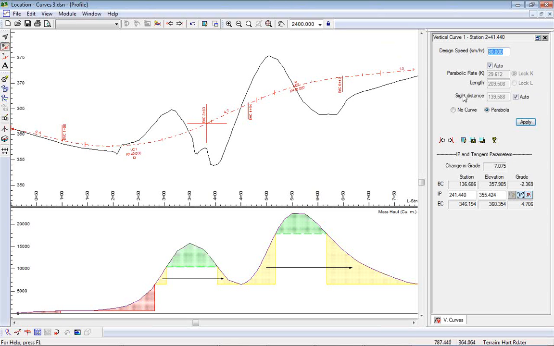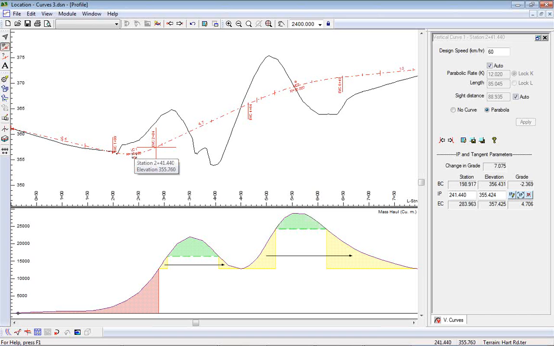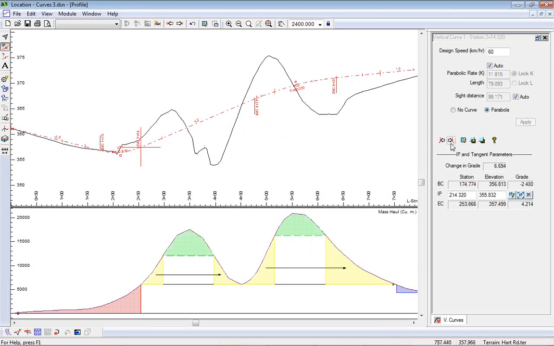I can just set my, say, design speed 80 or design speed 60, and that curve is guaranteed to be drivable at 60 kilometers per hour no matter where I put the IP. If it says I can't put the IP there, it gives me a beep, won't move, then I know that's just not a drivable configuration. It's automatically calculating the sight stopping distance based on, let's take a look at that,